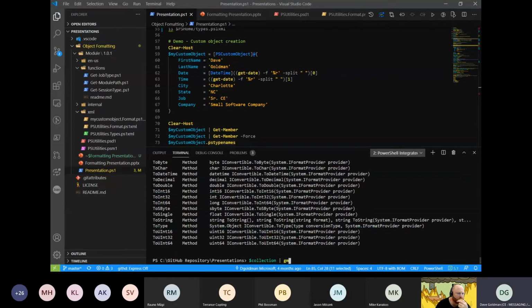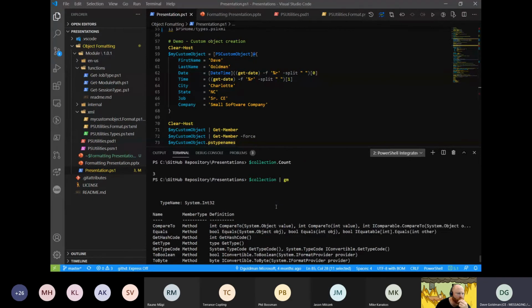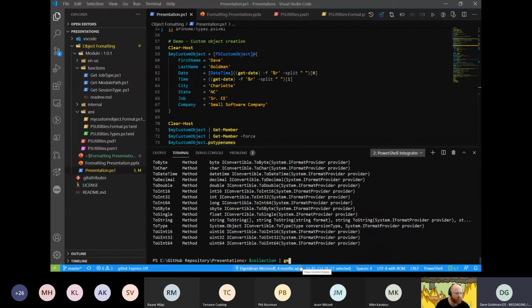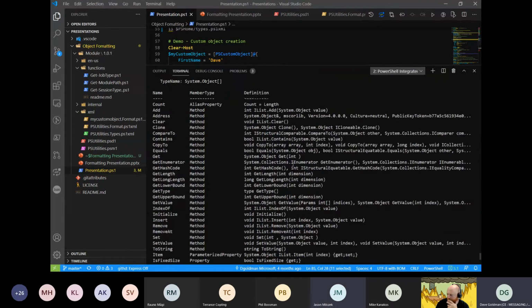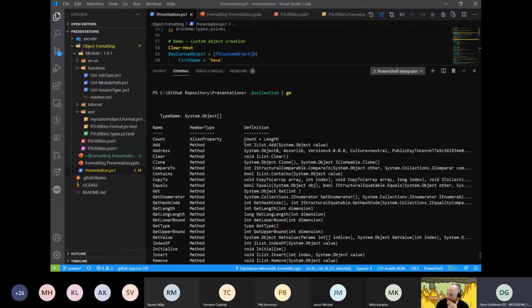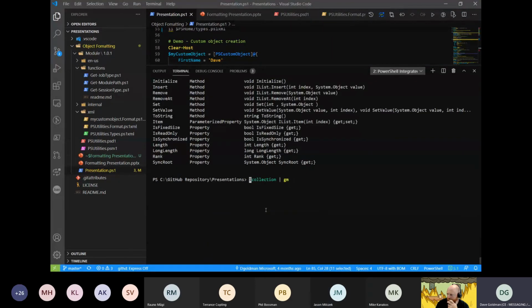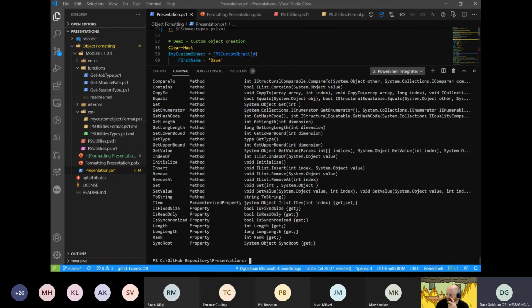What you want to do, if you want to see all of the elements, and let me take that back, this is a collection of Int32s, but if I wanted to, you can either put a comma in front of it, which tells Get-Member to not flatten the collection. The second way to do this is if I do Get-Member and I do an InputObject. That's the other way to do it.